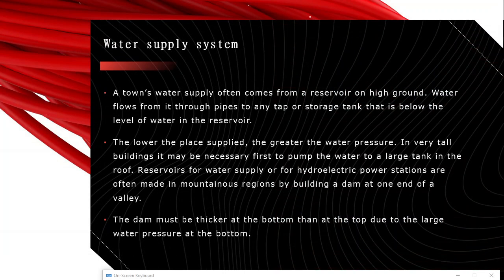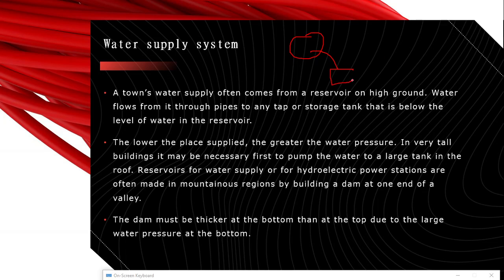Okay. Now, we've talked about the main general concepts of liquid pressure. Let's talk about an application of liquid pressure, that is the water supply system. A town's water supply system often comes from a reservoir on higher ground. The water flows from it through pipes to any tap or storage tank that is below the level of water in the reservoir. This is a reservoir, at a higher ground. Water flows from it through pipes